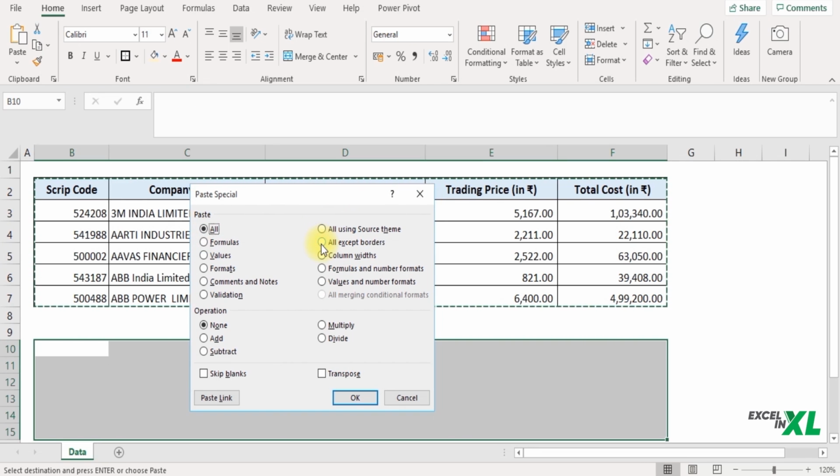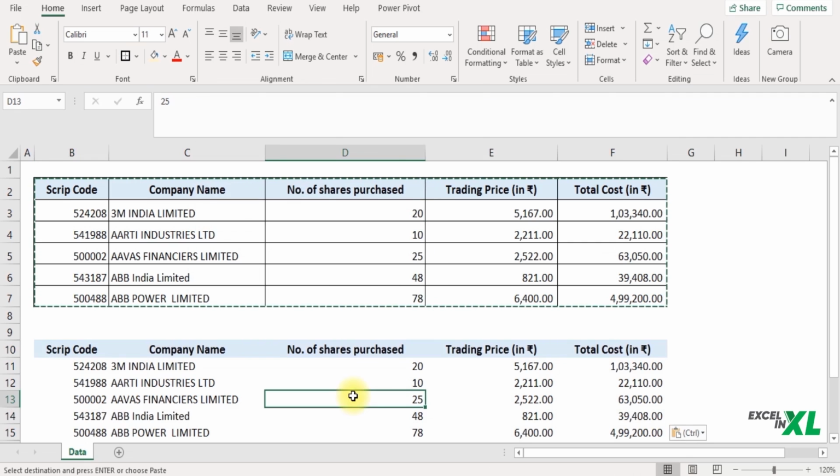The next option we have is the all except borders. If you want to paste everything but without borders, you can use this option. I select this and click OK. You would find the formatting is there, the formula is there, but we do not have the borders.